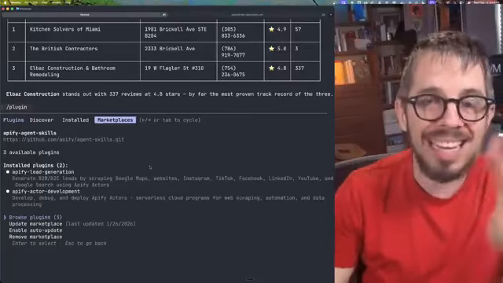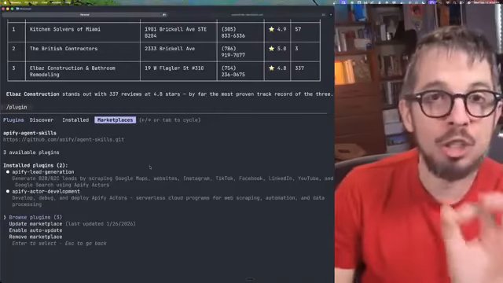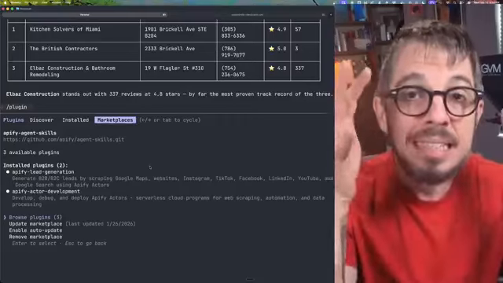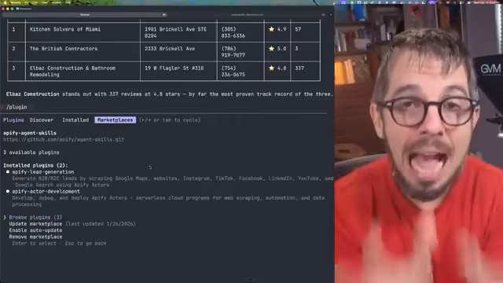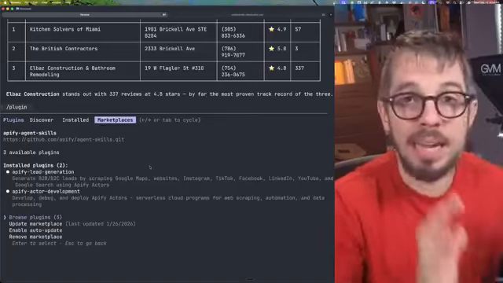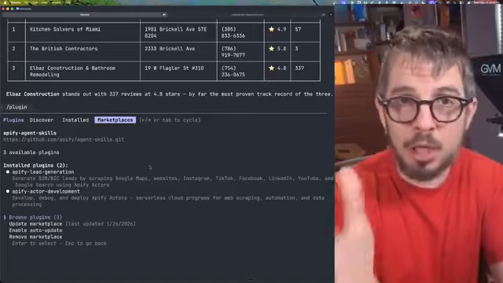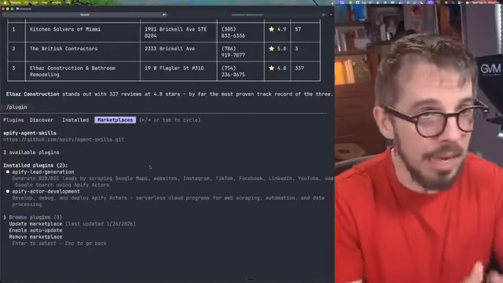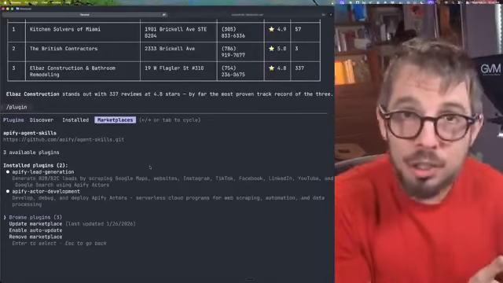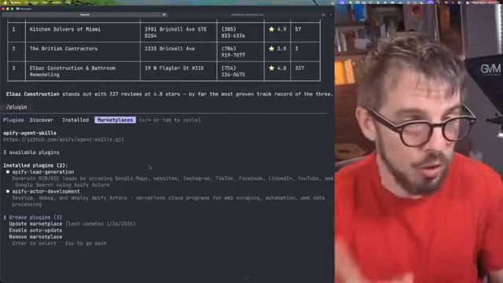The second plugin, and this is the big trick, is the Apify actor development. And this is why. This skill teaches Cloud Code how to build actors that will scrape any website that you want from scratch. So I built one, and I'm going to show you how to use it. It took me, I don't know, maybe 10 minutes to build it and deploy it and start using it. It's pretty crazy. I did not write any code.